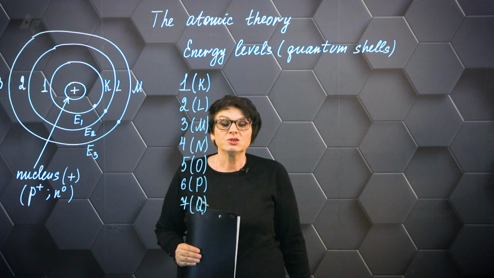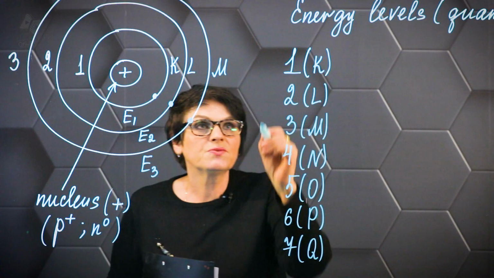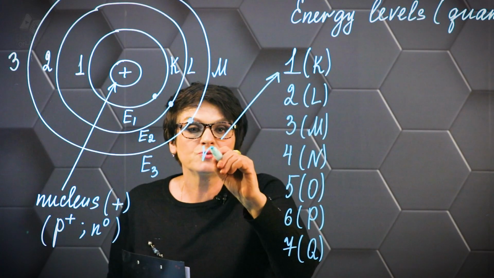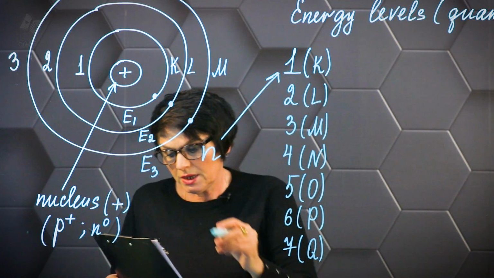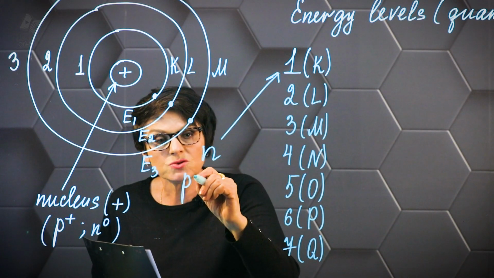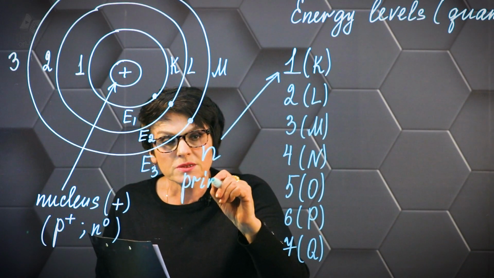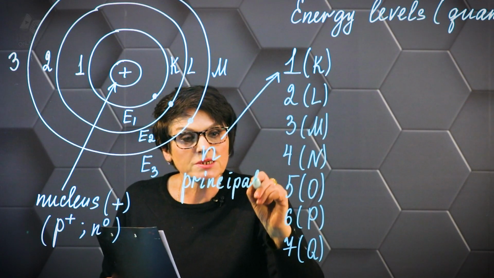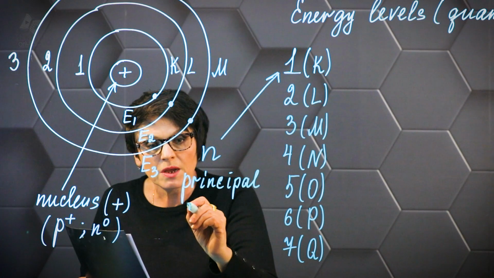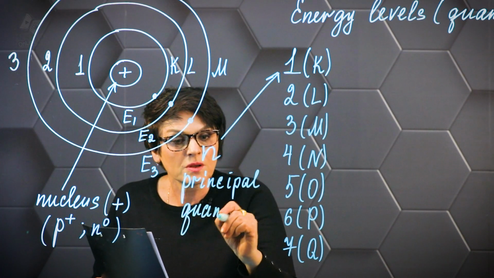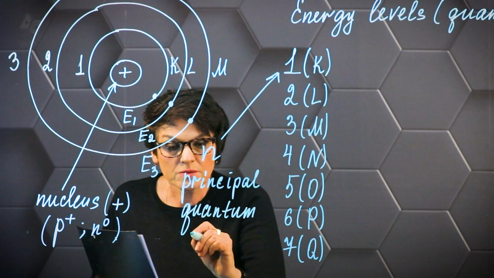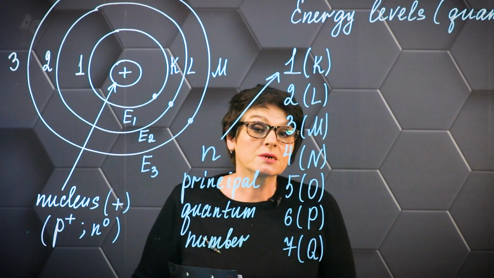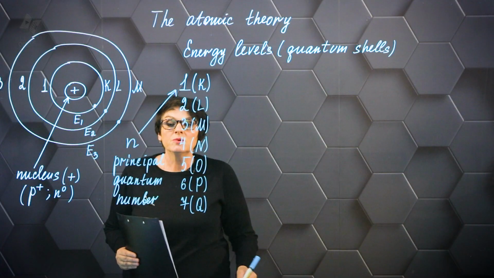So this is the designation of levels, and the numbers that are written in front, they are denoted in a general way by the letter N, and this number is called the principal quantum number. It's denoted by the little letter N. Okay, knowing this number, what can we calculate? We can use a formula